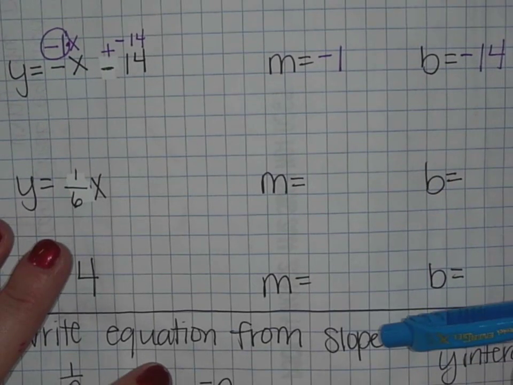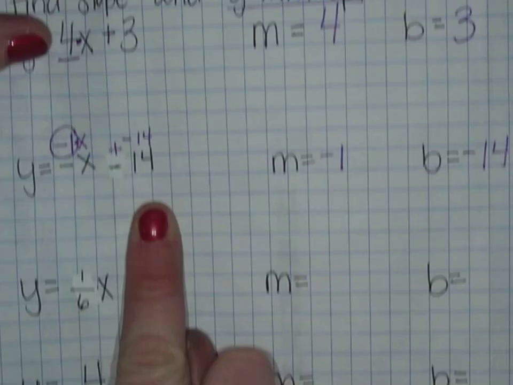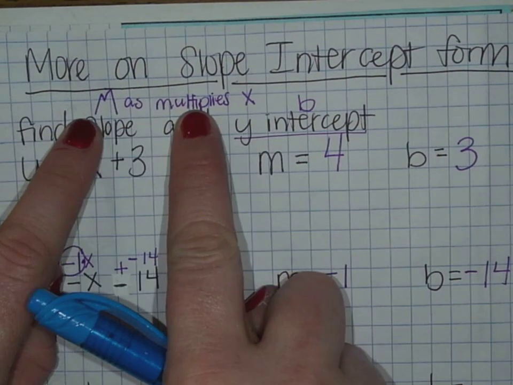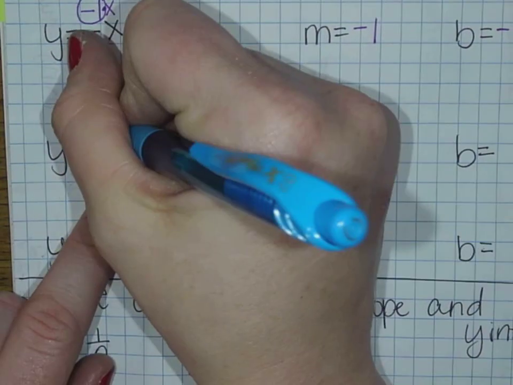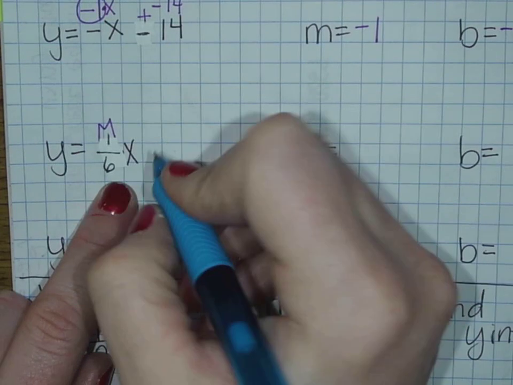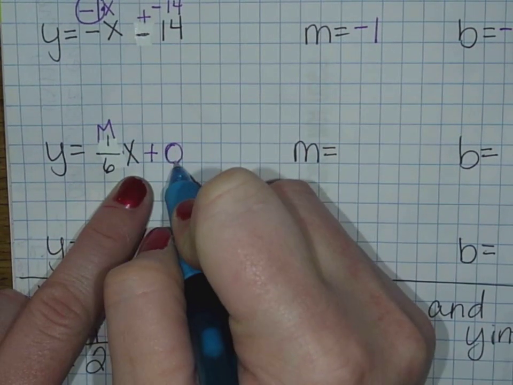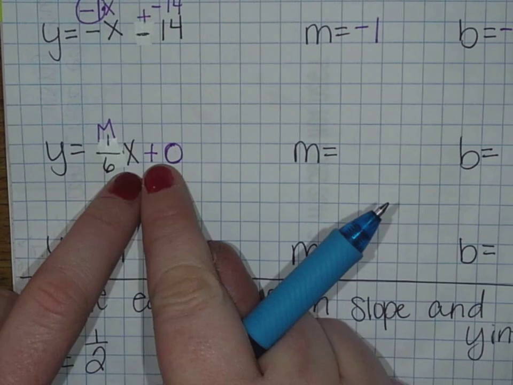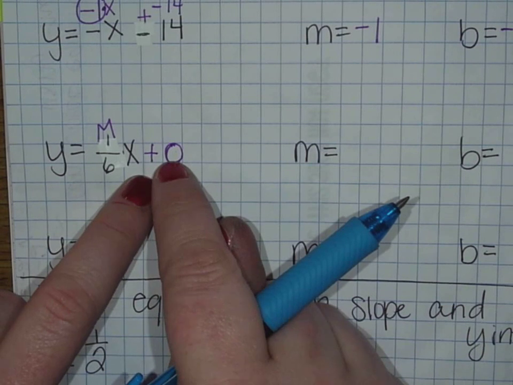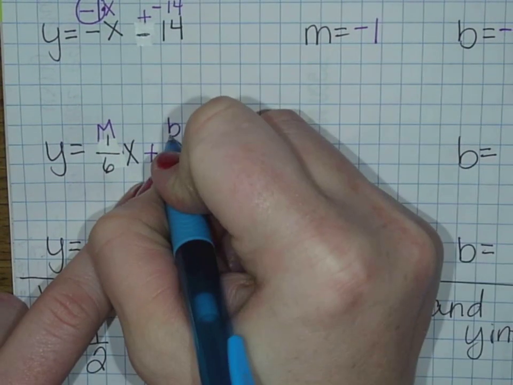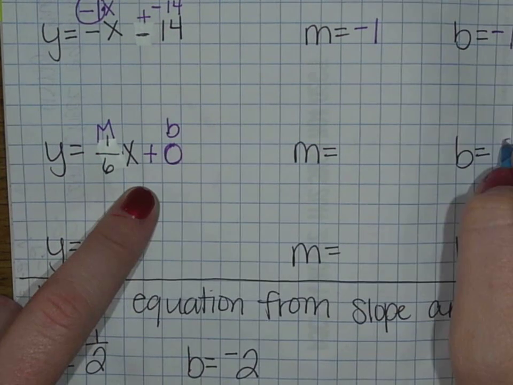Okay, this next one looks a little weird because there's not two numbers. But just like I said up here, you have to remember m multiplies by x. So if there's a number with x, we know that it has to be the slope. And then there's nothing adding on, so couldn't I say that there's a plus 0? Because that wouldn't change it. Plus 0 would not change this equation. I couldn't put plus 1, that would change it. But if I put plus 0, that would be my y-intercept. So my y-intercept would be 0,